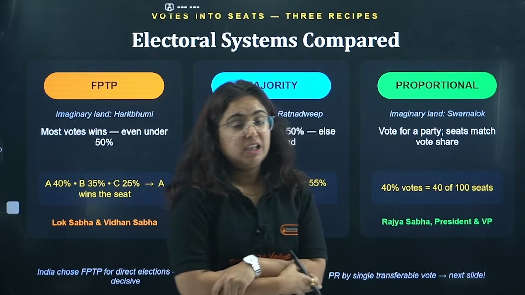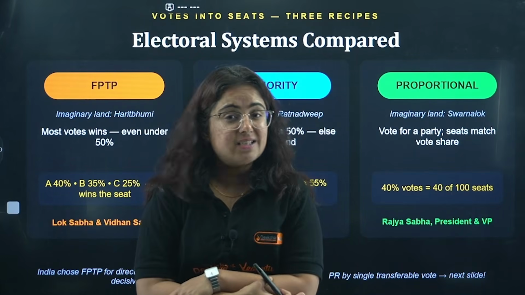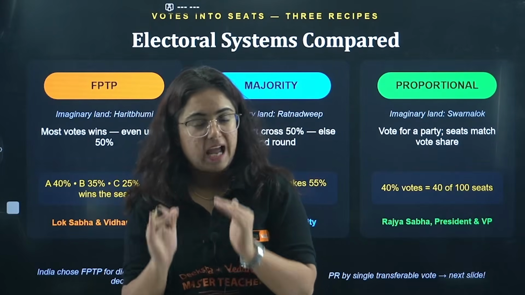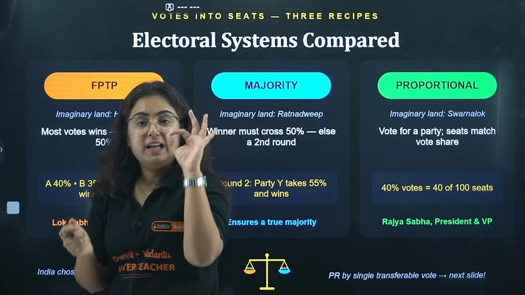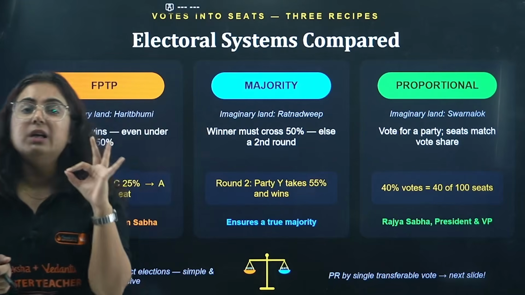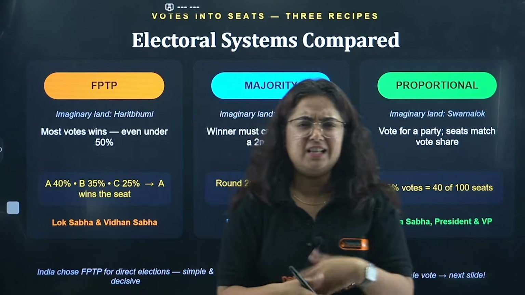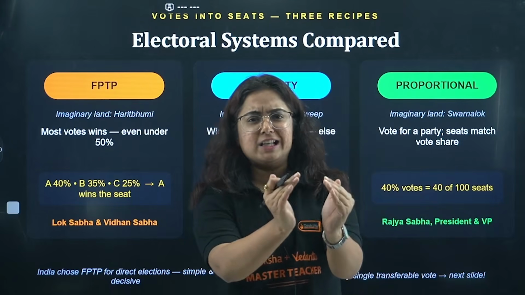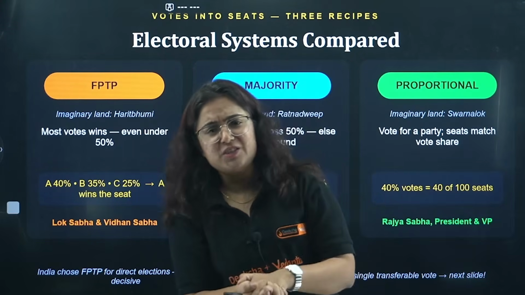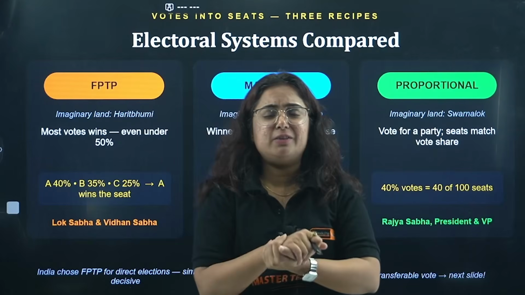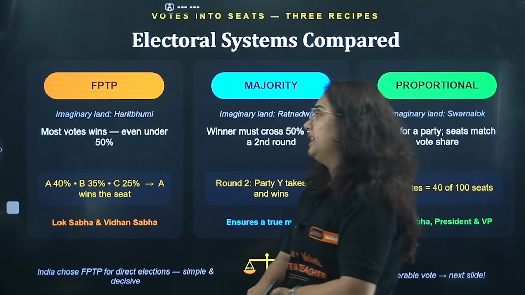Now this is something that's critical, that's not easily understandable, and hence I need your focus on the board and on the video right now. So beta, there are 3 different types of electoral system in the world which we are going to compare today. Understand that we are making one dish but there are 3 recipes followed by different people. So the dish is the government, but there will be 3 different types followed by the countries in the world, and the first is